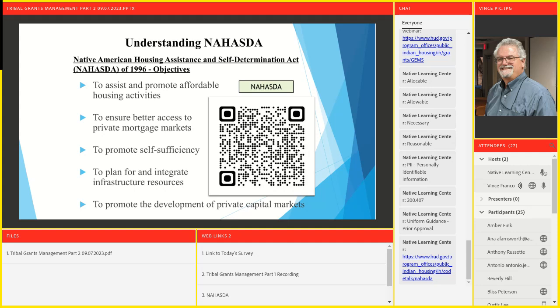That's probably the original. And then just below that, NAHASDA statute. So you'd want to click on NAHASDA statute, and there it is. At least I'm there. I'm looking at it now, and you see the color. If you're following me at the top, there's a color code.